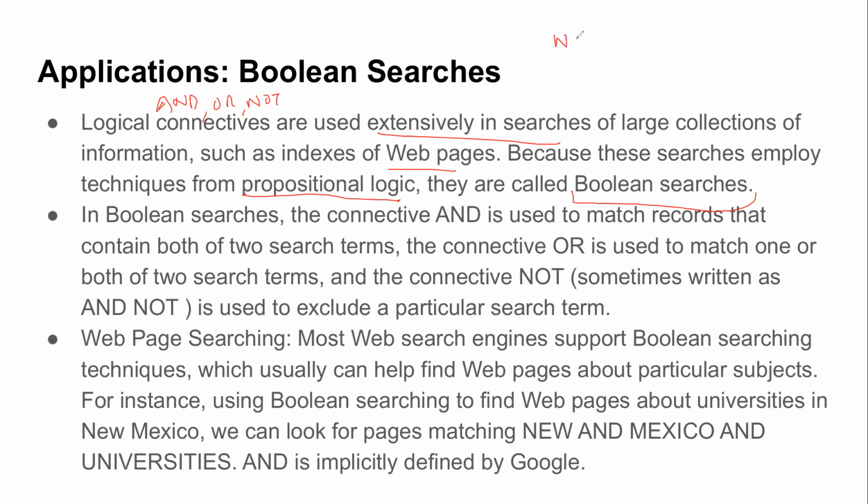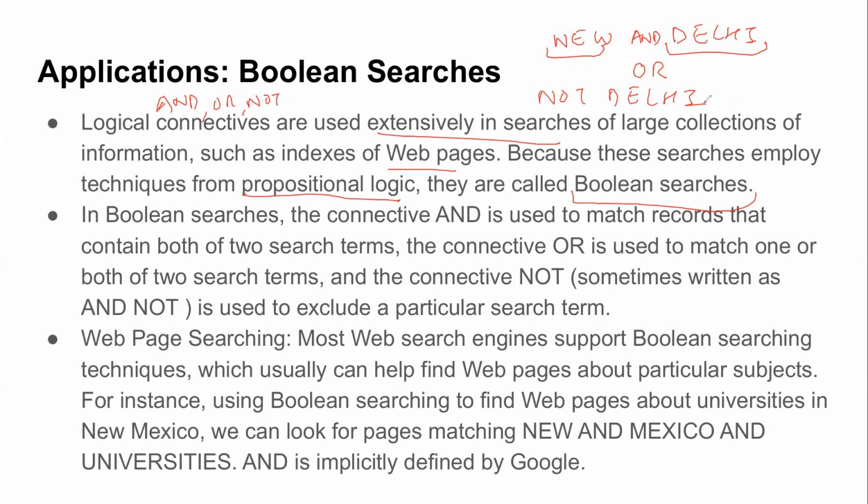Okay, so in Boolean search, say you want to search for keywords new as well as Delhi. The way you can write it is new and Delhi. This would mean you search for web pages which include new as well as Delhi. Okay, if instead of and you write or here, then the results returned by the search engine will either have new or Delhi or both. But you can also have just one of them. But if you use and, then necessarily all the results of your search will have both these terms. Similarly, if you use not Delhi, then it will return all the web pages which will not have a single occurrence of the word Delhi.